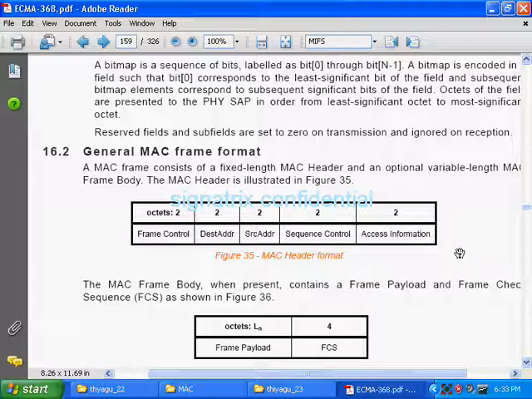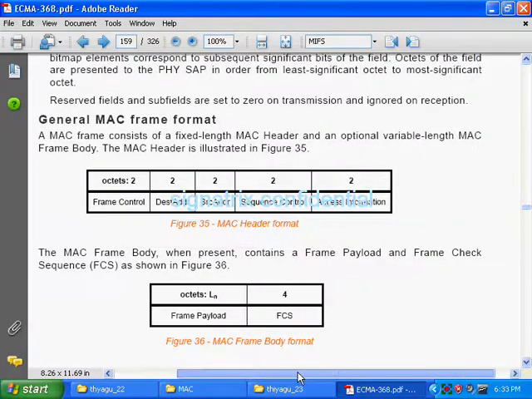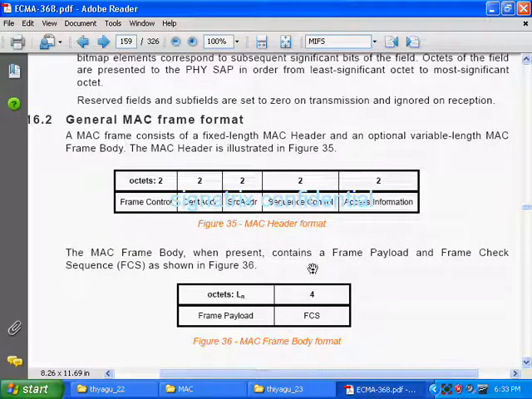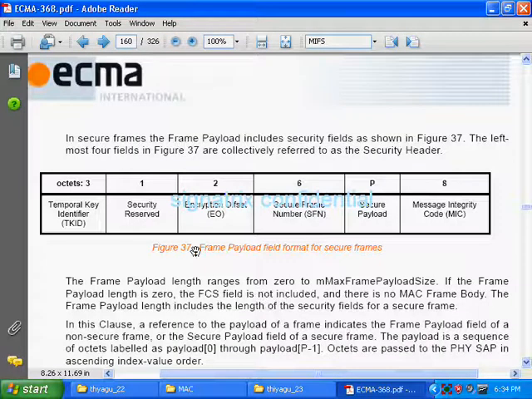So this is the general MAC frame format. After the MAC header is transmitted, we will have the MAC frame body. Followed by that MAC payload, we will have the frame check sequence. What is the length of the frame check sequence? 4 octets.